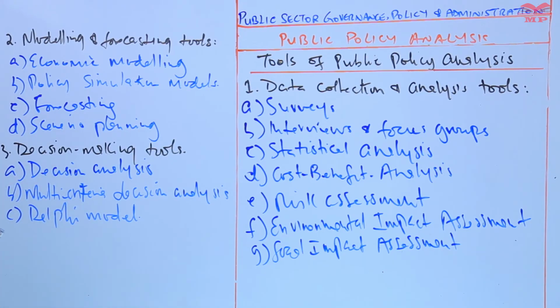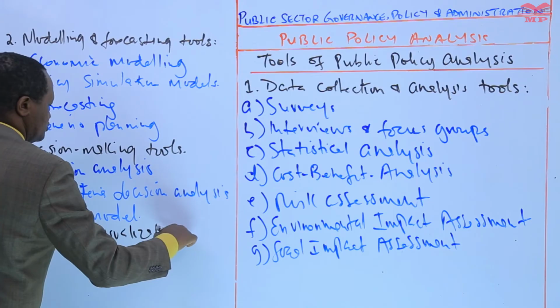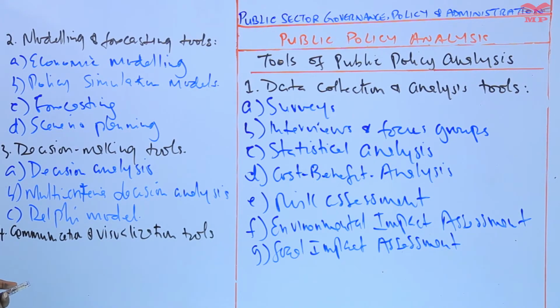The fourth category is communication and visualization tools. Communication and visualization tools include policy briefs,